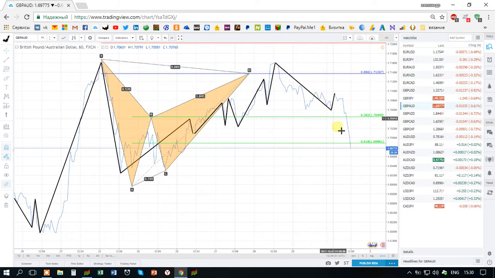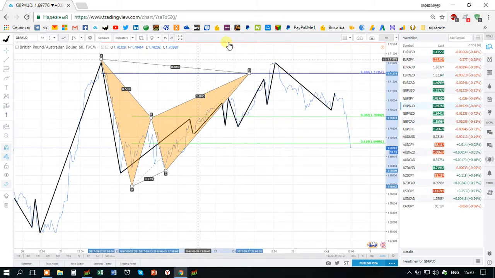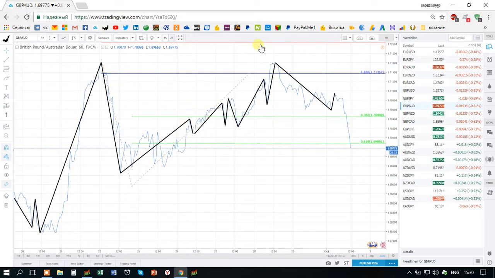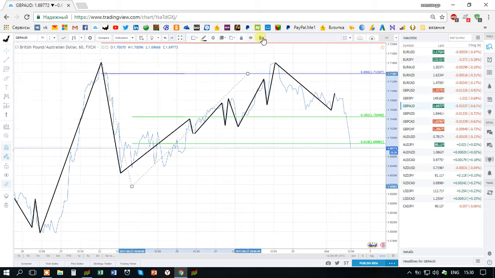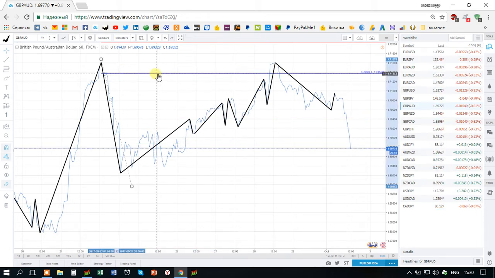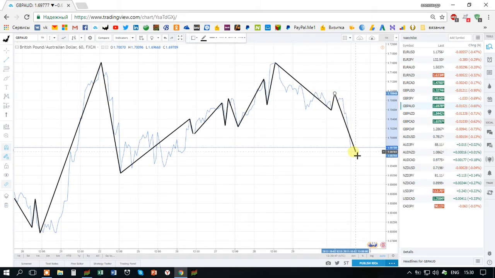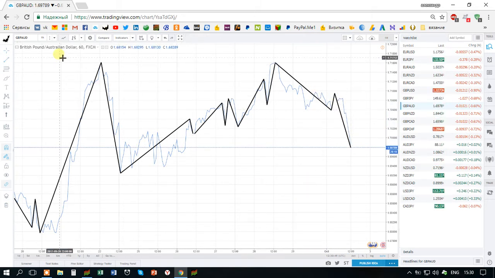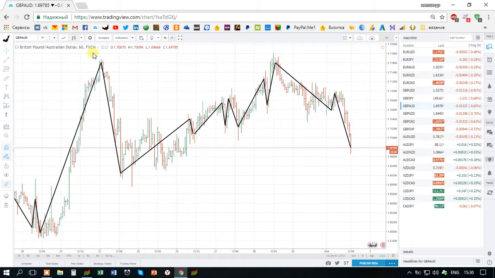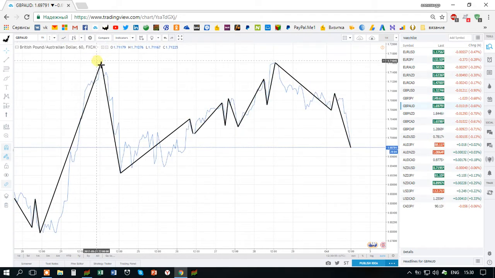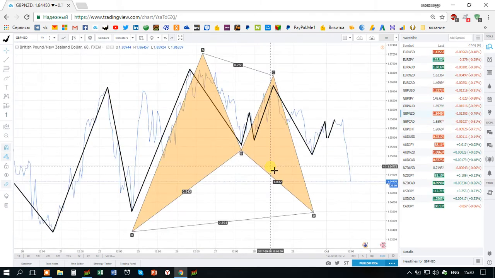Pound Aussie, it was a wonderful winner, taking 2 targets, so I am to delete this and look for some other opportunities as well. Delete this as we move lower here. We can potentially have this pattern. No, nothing. This exceeds the A point. Okay, no other patterns for now. Pound New Zealand,